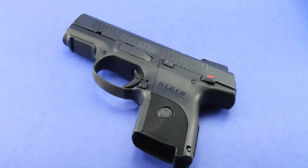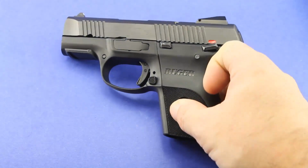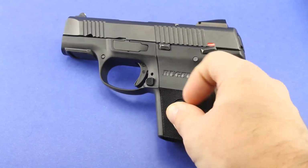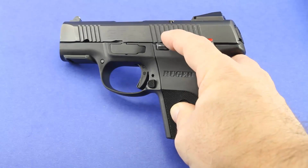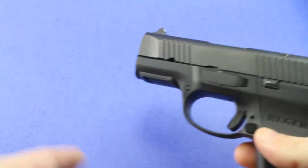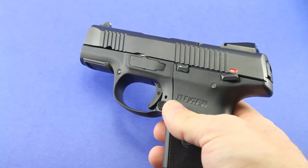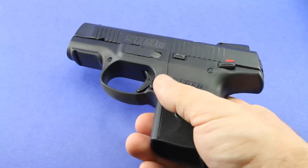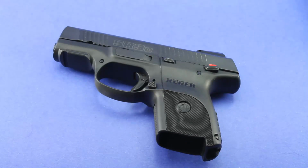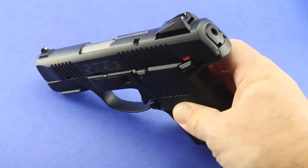The SR9c is an all-new gun. It was new in 2010. The SR9 without the C, the full-size version of the SR9c, is a very different gun. They did redesign the SR9c. It's not just a chopped-off version of the SR9. They did a lot of redesigned features on this. So let me talk a little bit about that and some of the things that I particularly like about the SR9c. One of the things that really was attractive to me, I'd never seen an automatic with this feature before,